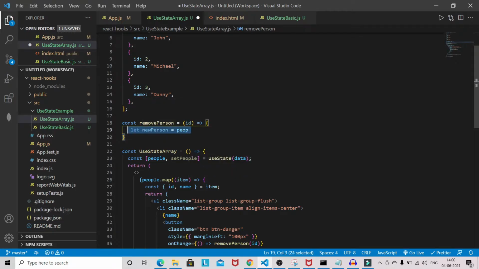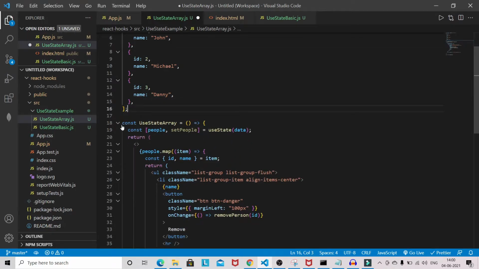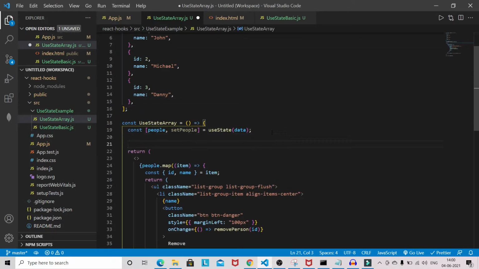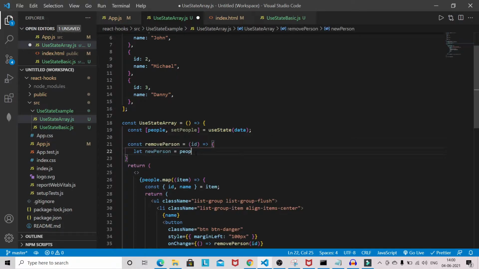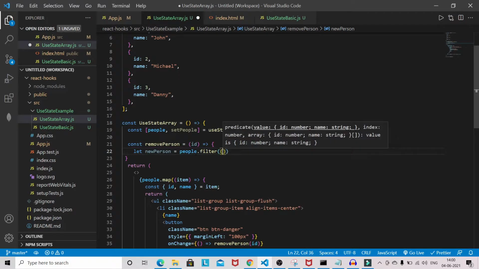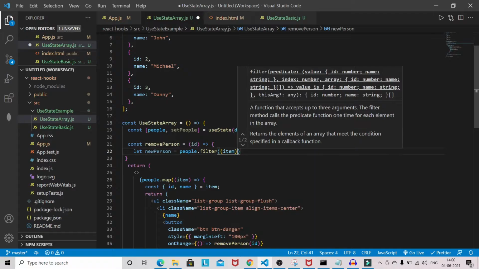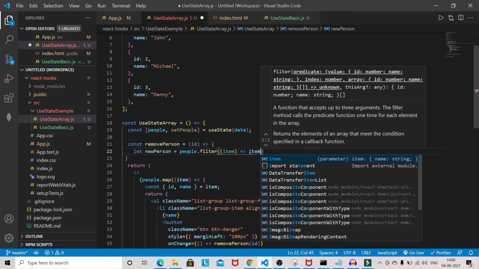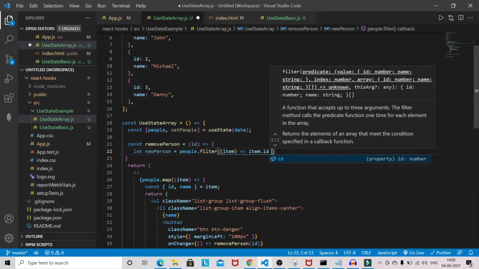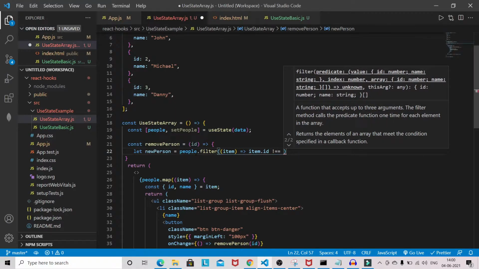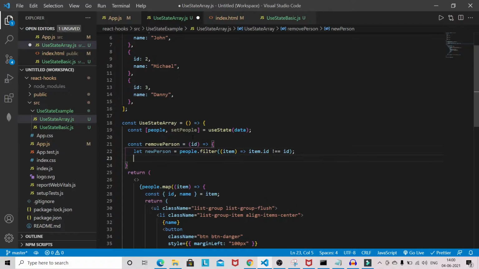Sorry, we need to define this inside, then people.filter. So we will have the item, and the basic logic is we need to filter out the items whose id is not matched, so it will give me all the items whose id does not match, and I will setPeople to newPerson.